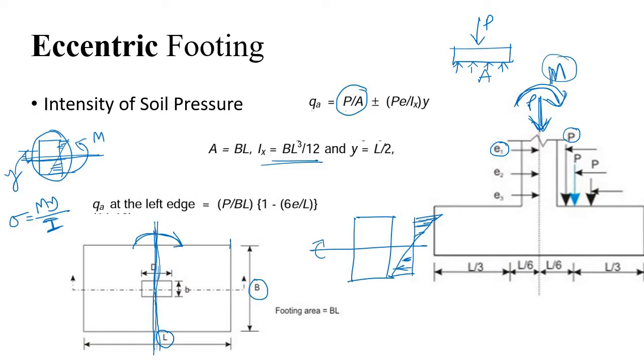Okay, so the stress due to this bending moment M is coming as My divided by I. Got it? Now if you simply put A as BL and I as BL cubed by 12 and Y as L by 2, because the total depth of the footing is L and the maximum distance from this neutral axis to the furthest